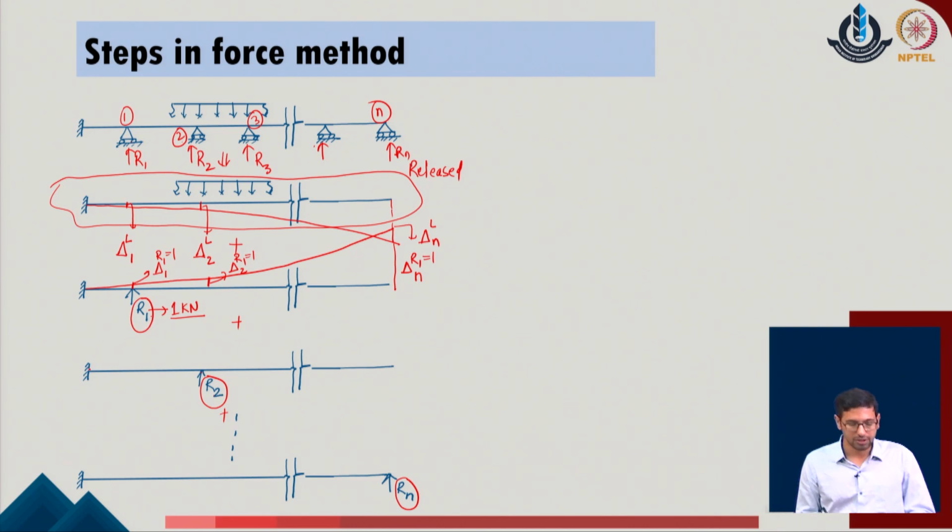I can do the same exercise for the given system of R2, where I define the deflection profile again, calculate the deflections at the individual systems of the given problem, this value being delta at the position of the 1 due to R2, this delta at the position of 2 due to the R2, and similarly this delta at the position of n due to the R2 of the given system.